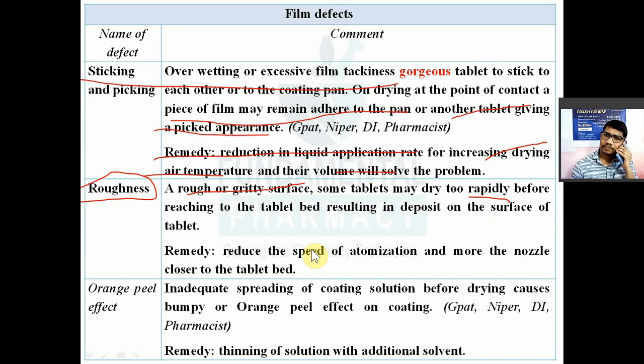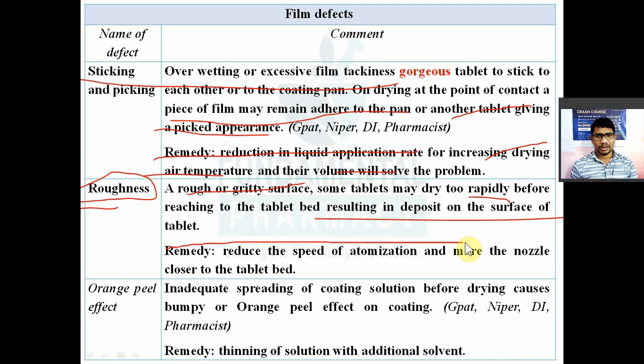ब्लिस्टरिंग मतलब too rapid evaporation of solvent from the core, and the effect of temperature on the strength, elasticity and adhesion of the film, may result in blistering during the further drying of a tablet in the oven। So, too rapid evaporation of solvent from the core of the tablet may affect the temperature, strength, elasticity and adhesion of the film। तो film में उसका temperature, strength, elasticity, that may result in the blistering during the drying of tablet in the oven। और रेमेडी क्या है? Decrease the drying rate।